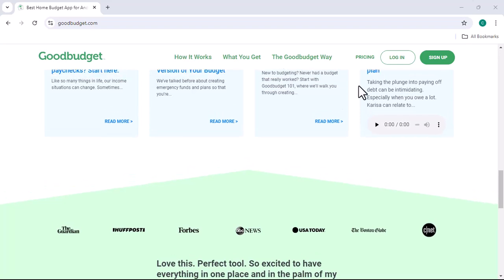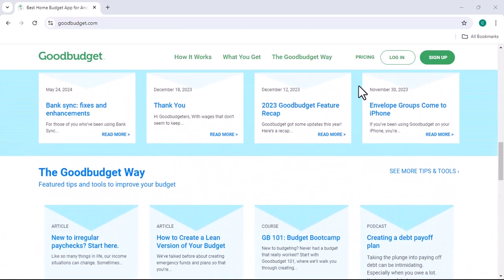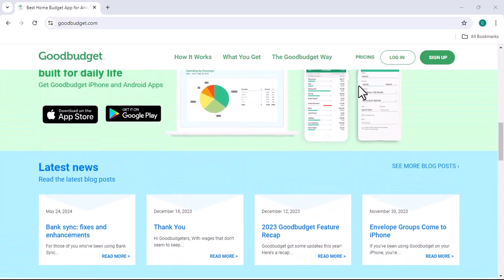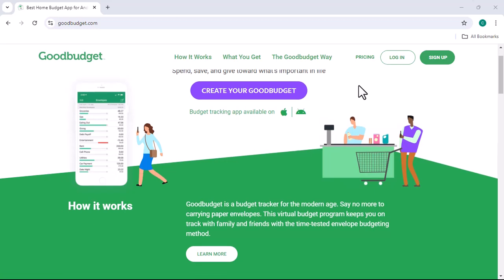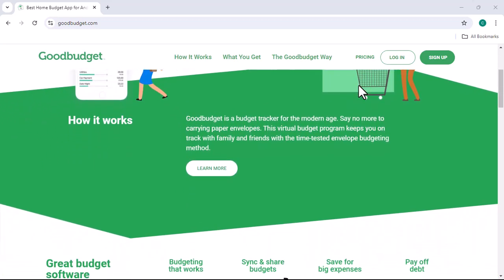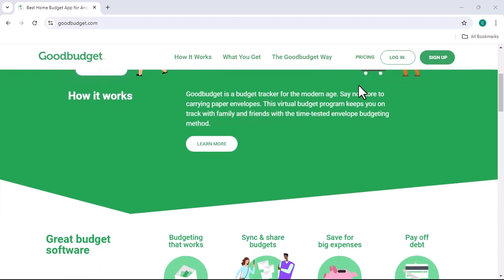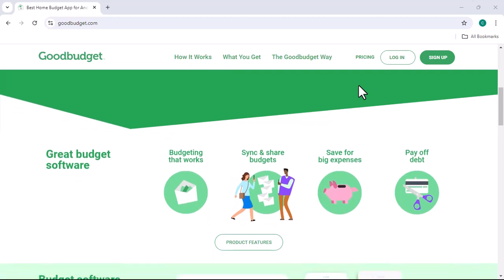Creating envelopes in Goodbudget is a great way to organize your finances and stay on track with your budget. By following the steps in this video, you can easily create envelopes and start using Goodbudget to manage your money. If you're looking for a budgeting app that can help you save money and reach your financial goals, I highly recommend Goodbudget. You can download the app for free from the App